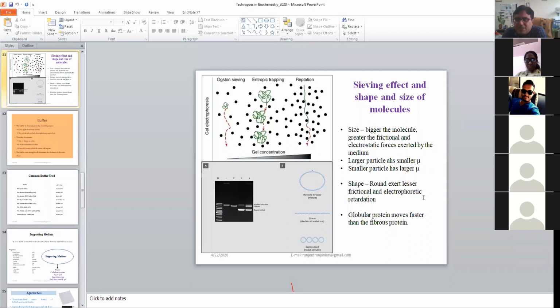In the first case, where the gel concentration is very low, the pore size is very far from each other. So there is not much cohesion between one particle and the other. The molecule which you put will most of the time move as such. So the sieving effect on that molecule is very low, and this is called Ogston sieving. It will move as such in its structure, and because of this, when you see the band, most of the time there will be dragging on the gel, drag.